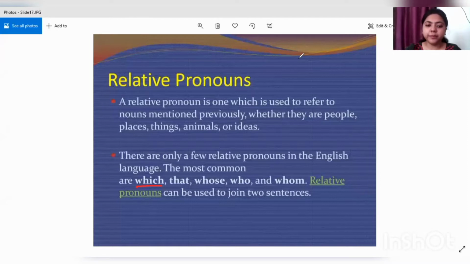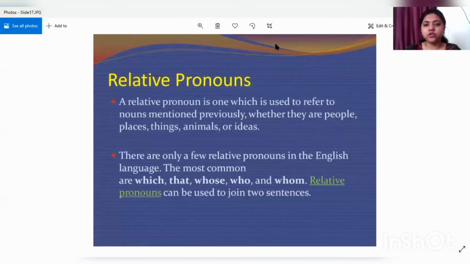Now, the thing to make a note of here is that who is used for living things, as in human beings, people. Which is never used for people. That is used for people, and that can be used for non-living things. That can be used for animals also. So that is a safer option, but which is never used for people. I'm so sorry, which is never used for animals... which is never used for people. So this you should keep in mind.